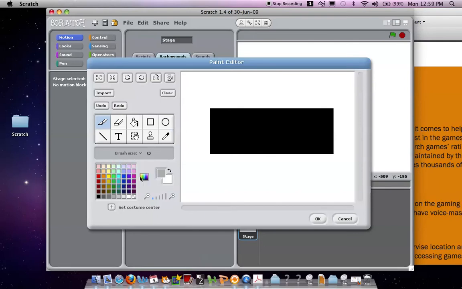Change my brush size in here, and remember guys, if you're better at drawing on the computer than I am, feel free to be as creative as possible. If you want to make it an Xbox controller or a PlayStation controller or a controller from your imagination, feel free to use whichever you'd like. Okay, so I'm going to draw a little cord that goes out from the controller. And then maybe I'll also put in my directional arrow over here. Maybe I'll make my button colors red for this project, okay? So there is a simple